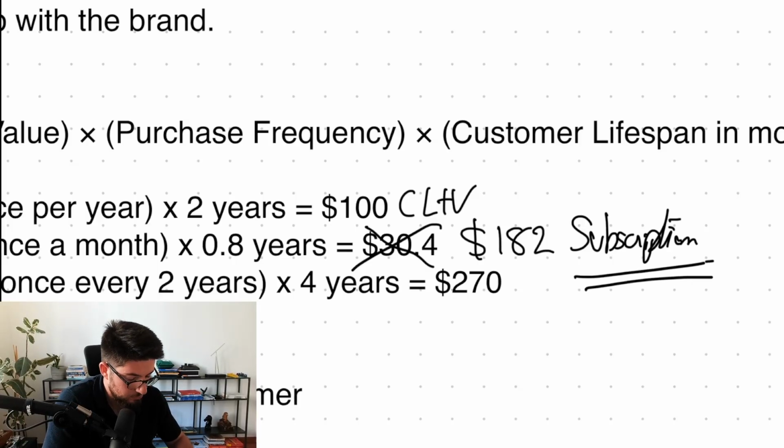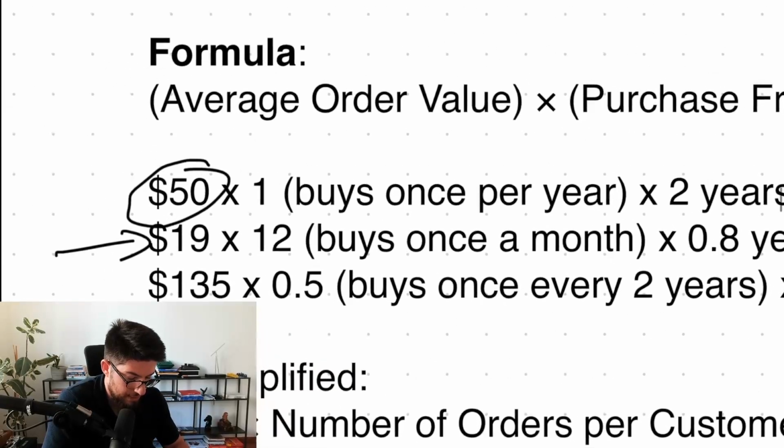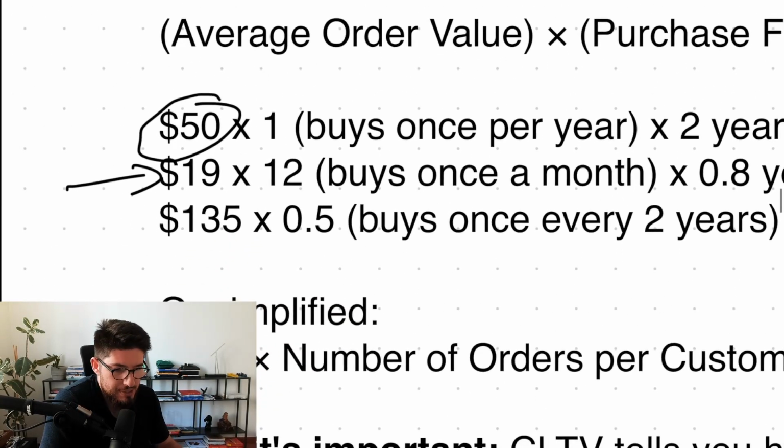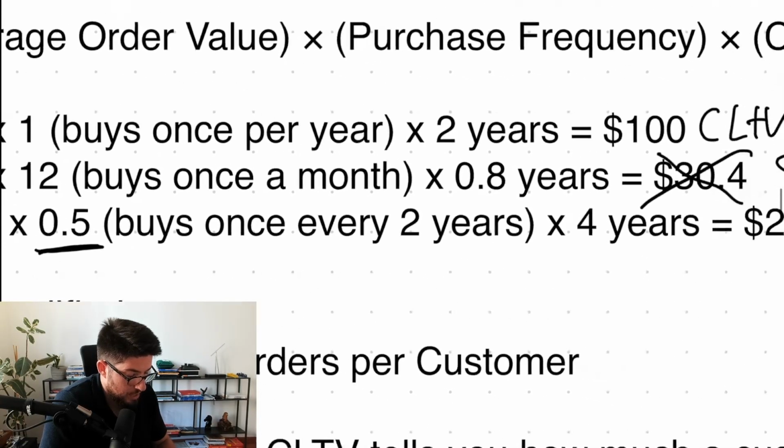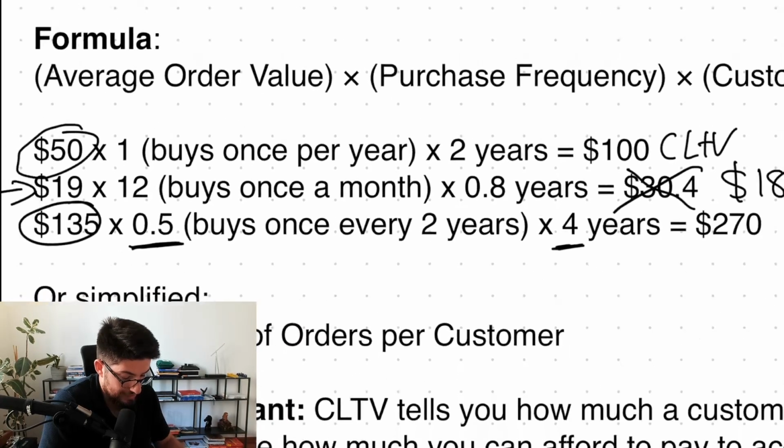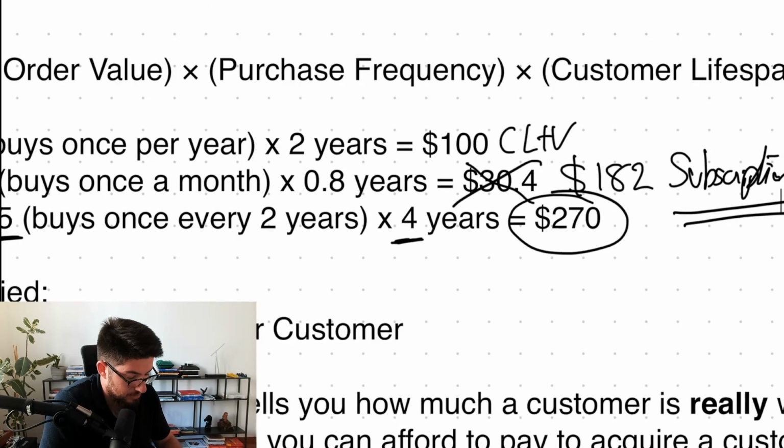business. Then in the other case, this would be a high ticket brand where you only buy one time. Imagine you're selling coffee machines, I just bought one today, or you're selling, I don't know, some special fashion. So 135 AOV, people buy one time every 2 years. So per year it would be 0.5. And then they are a customer for the next 4 years. So in this case, it will be 270.